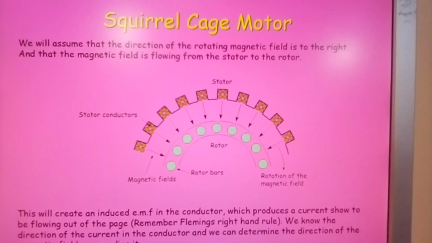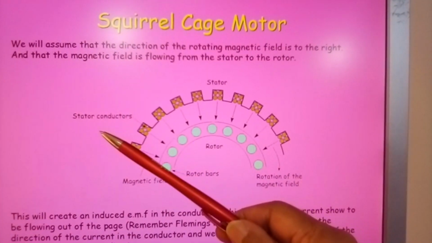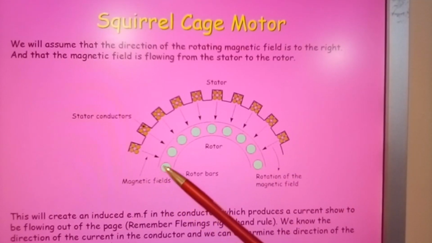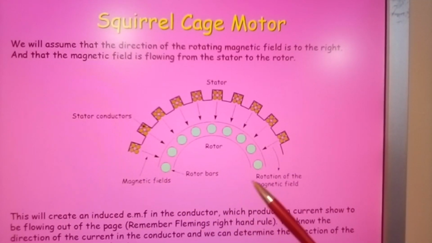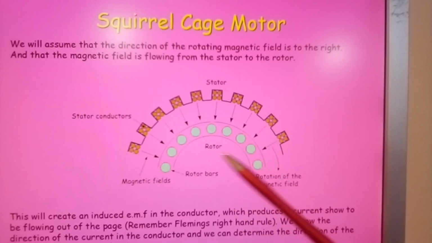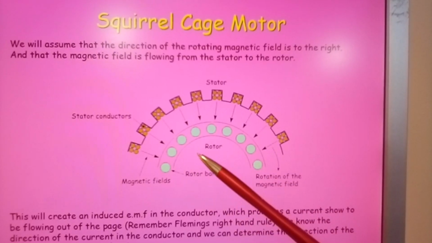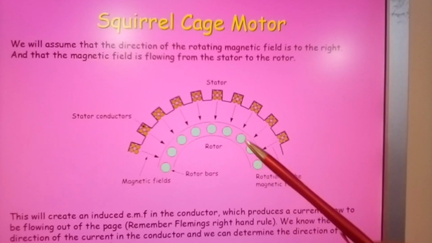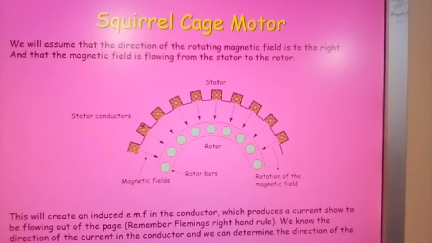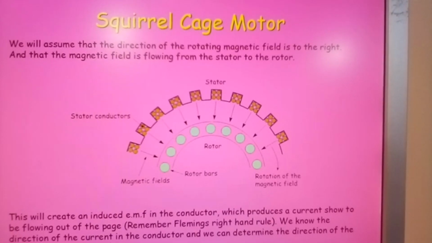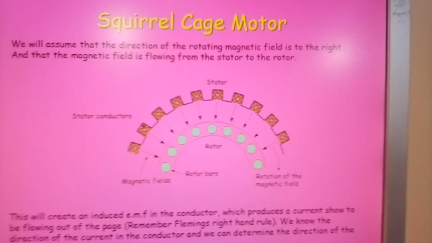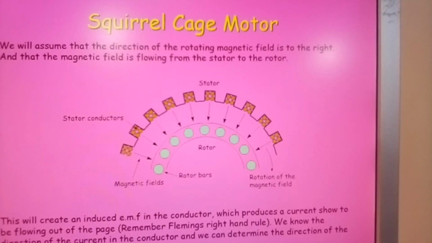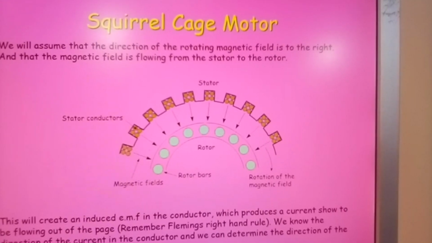Now here we're simply showing you stator conductors and the rotation of your magnetic field, and that's your rotor rotating. If the rotating magnetic field is going in that direction, obviously you can see that the motor is now rotating in a clockwise direction. This will create an induced EMF in the conductor, which causes a current to flow